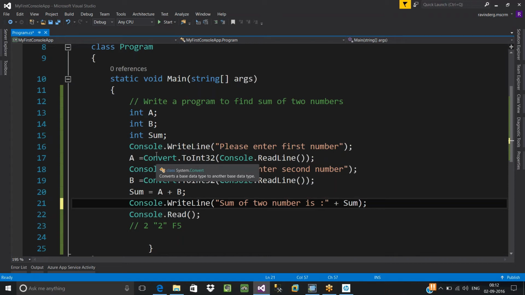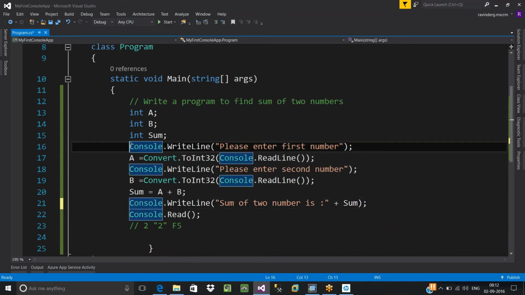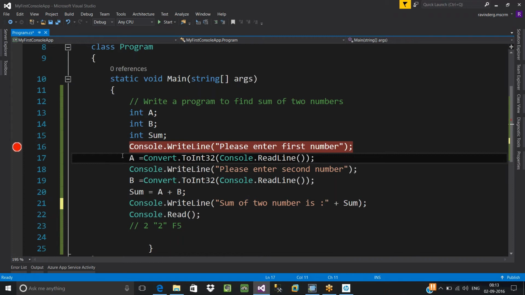So how to debug your code? Wherever you want to stop the compiler and see the line by line execution, there you need to insert a breakpoint. How to insert it? Let's say I would like to see that live execution process right from this first statement. Just go there and keep one breakpoint here. Either press F9 or just double click here. So one toggle breakpoint will be inserted.